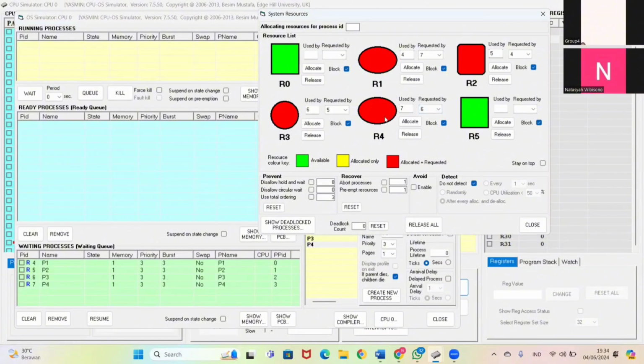If we look at the table below, the processes P1, P2, P3, and P4 are in the waiting state, meaning that no process is running because we chose the do not detect option. This deadlock condition will not be detected even though there is actually a deadlock. We can release one of the resources. Here the process is complete.